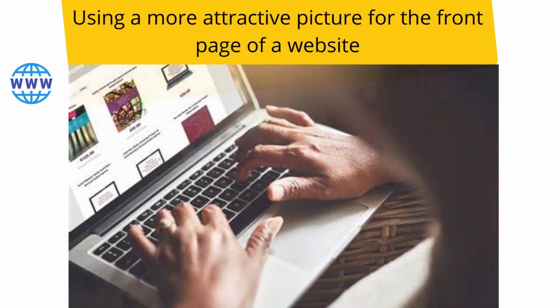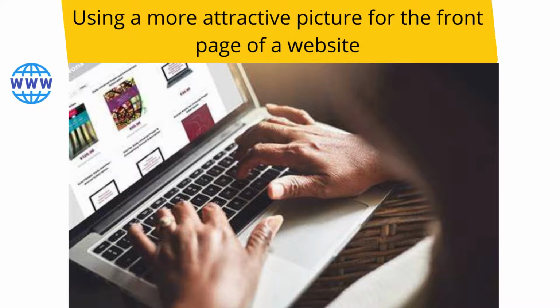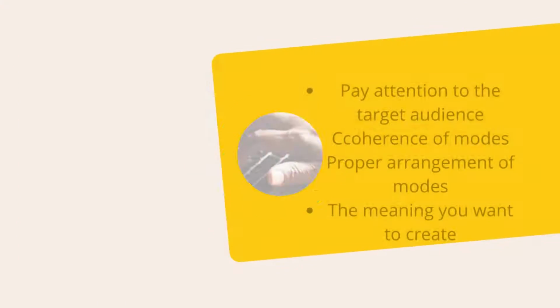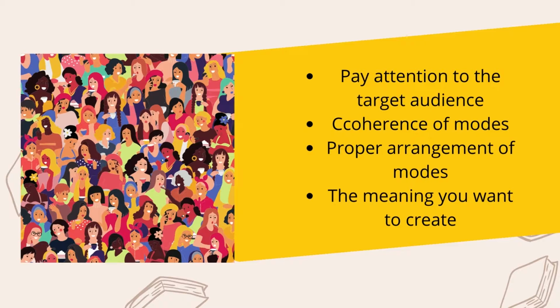For instance, I'll put an attractive and clear image or text on a website's front page because I want it to serve as an attention grabber, with less important or prominent content in the middle or at the end of the website. Hence, the proper combination of the various modes, taking into consideration the target audience, helps one to develop